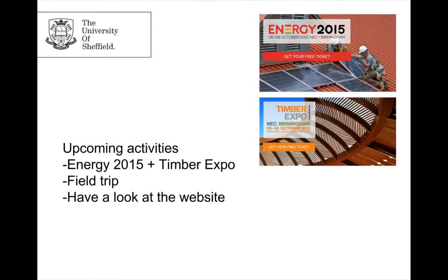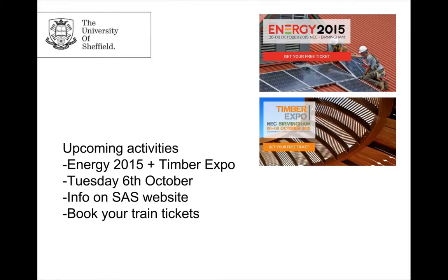Then we've got a trip, just a short trip on the 6th of October, and we're going to go to Energy 2015 and Timber Expo. Last year we went to Timber Expo, and what these are is a big event where you've got a range of product fabricators, design specialists showing their products. There's a whole range of seminars by really interesting people throughout the day talking about energy, about renewable energy, about energy systems, and in Timber Expo talking about the use of timber in buildings and in our cities. They're free